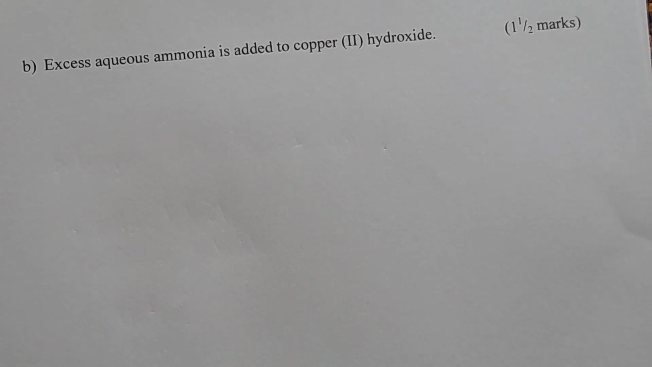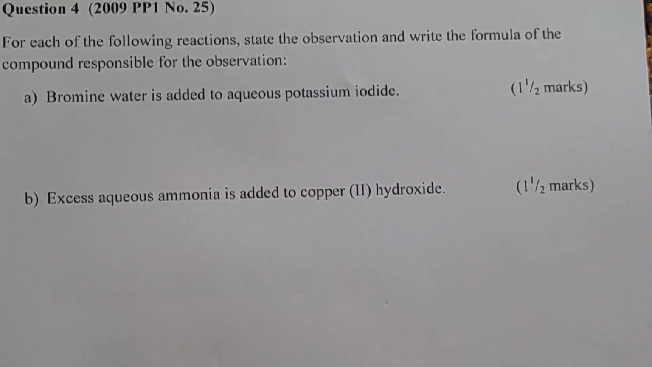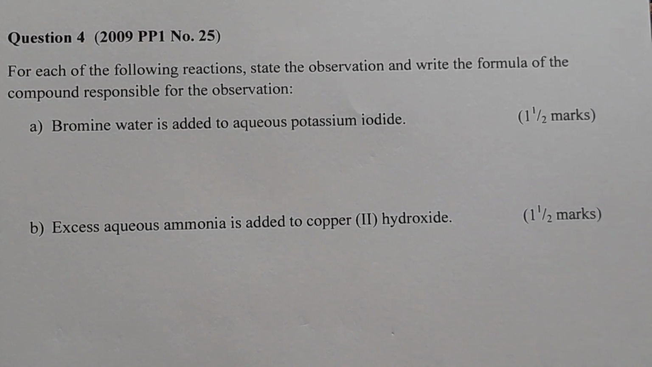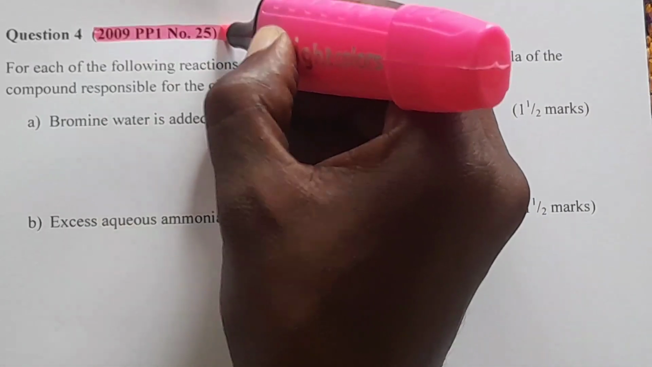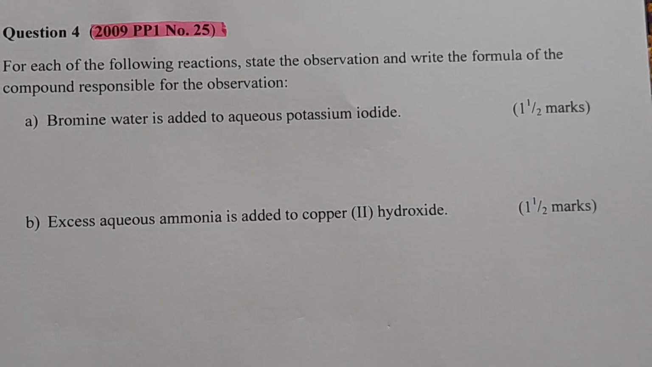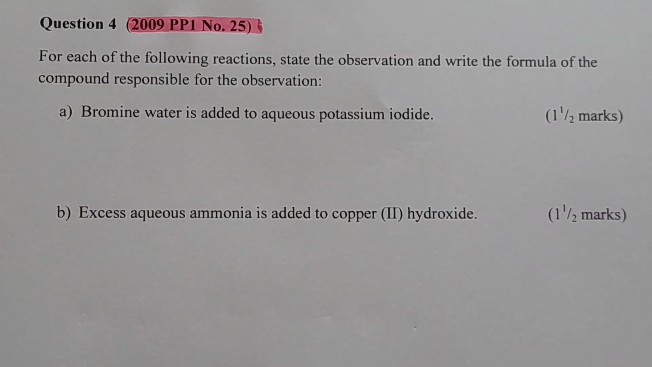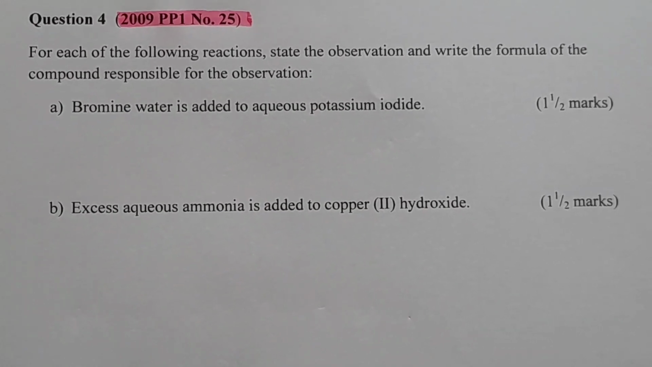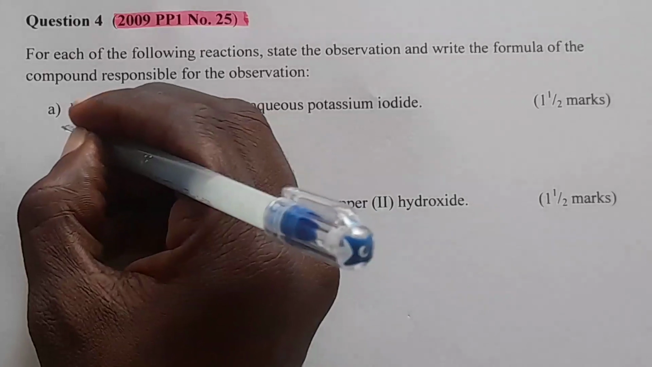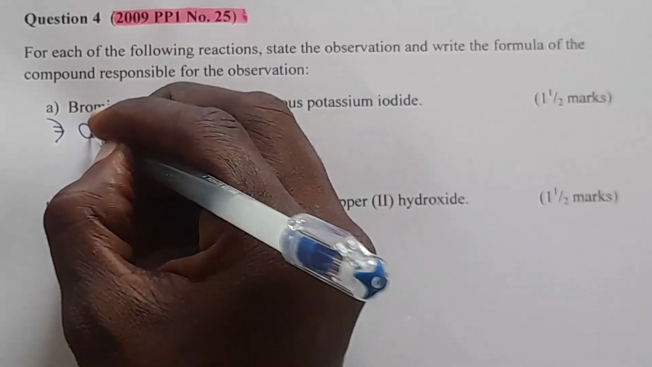The next question, question number 4, we are getting from KCSE 2009 chemistry paper 1, and it was question number 25. To read the question, we are told: for each of the following reactions, state the observation and write the formula of the compound responsible for the observation. Part A of the question, we are told bromine water is added to aqueous potassium iodide. So the observation that we are going to get there will be: